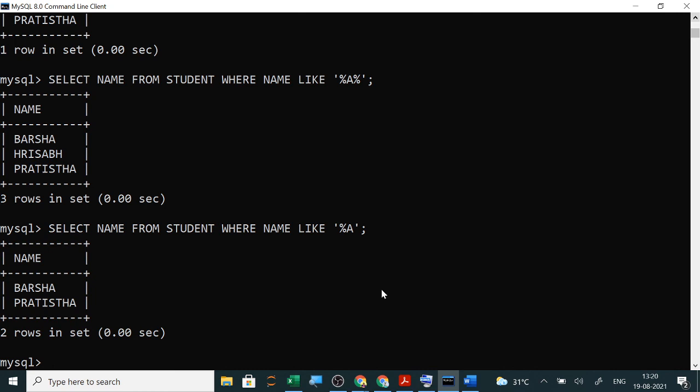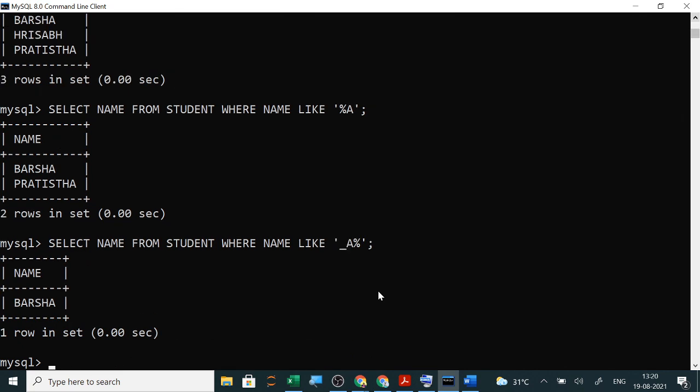So these are wildcards. Now we will see the characters. Suppose the question says the second character is A. That means the first character will be any one letter and after A any number of characters. So only the names which have A as the second character will be displayed. Understood? And if it is the second last character A, tell me the answer.